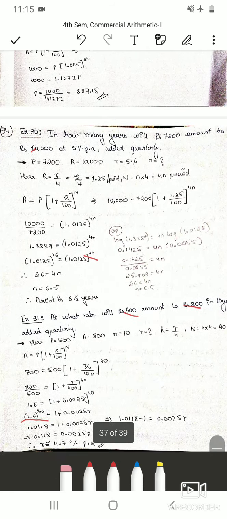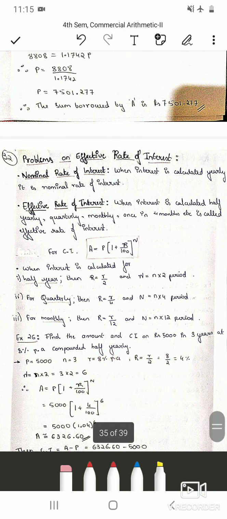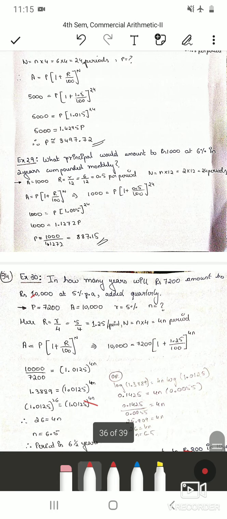So in the next class we will solve one more problem of this type, and then we will start with depreciation. So go through these problems and keep solving with logarithms as well as the shortcut, try both. In the next class we will again solve some problems. Thank you.